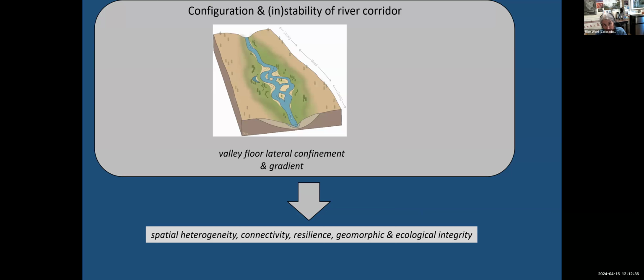And if you can see the little gray text on the right of this diagram, river ecologists sometimes refer to those as strings and the wider, lower gradient portions as beads. I've started using that terminology because it's very intuitive. Once you explain to people who are not river scientists what it is, they can immediately picture the difference between beads and strings. So I start with thinking about that physical or geomorphic context.